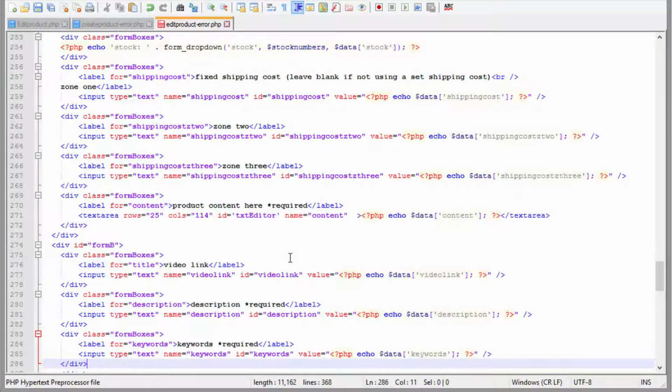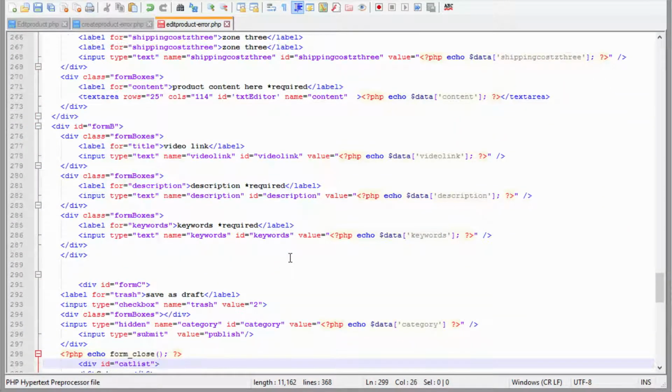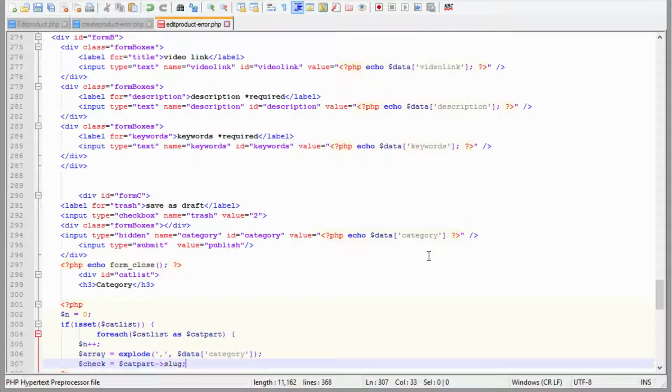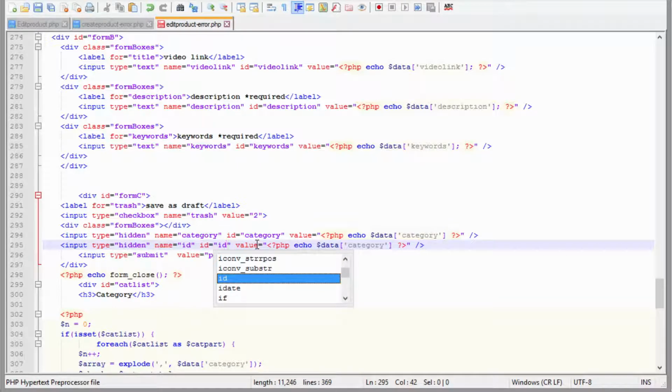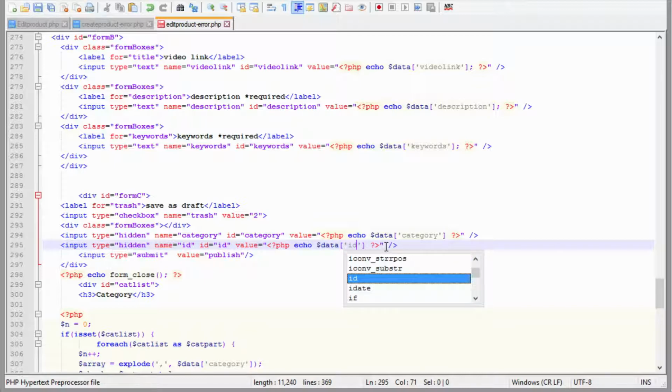Everything here can stay the same, except when we come down to our category, we want to copy this line and add in another hidden field underneath. That hidden field will be for our ID. And so we pass over our ID so we know which product to update. So if we have all that, we can save this,